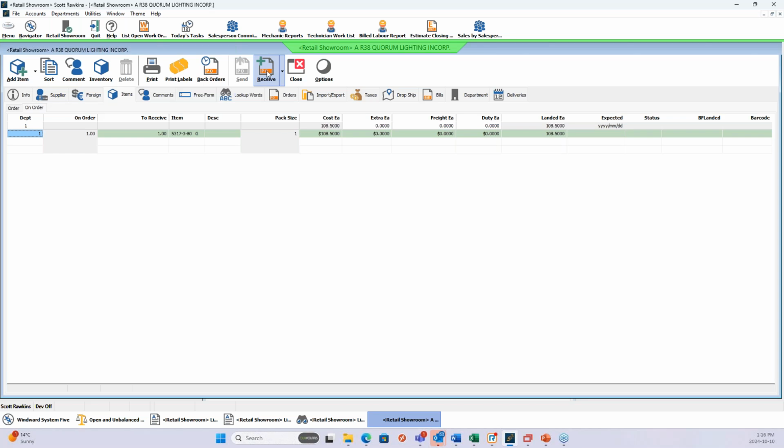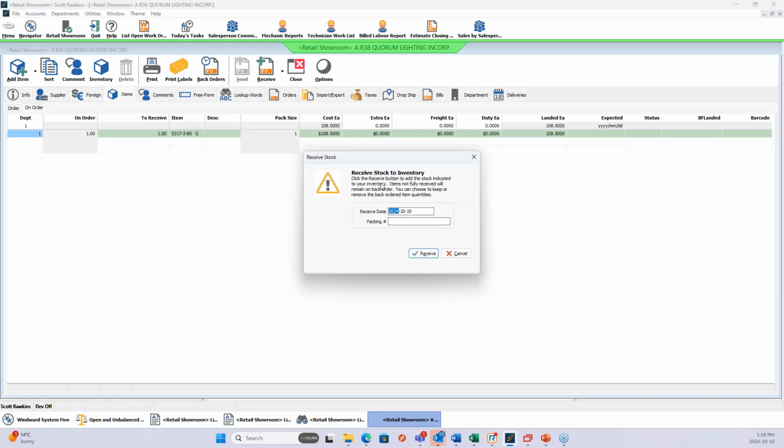One thing a lot of people miss with Windward is that you have the ability when you're receiving, if there's a special order, to print a label. If you're smart enough to set up your labels in advance, shoot. To print a label, or when I hit receive,